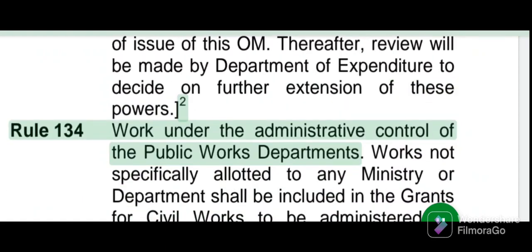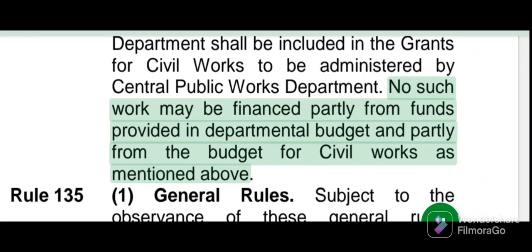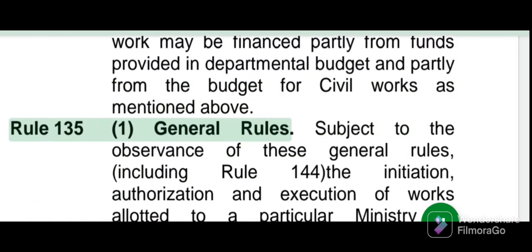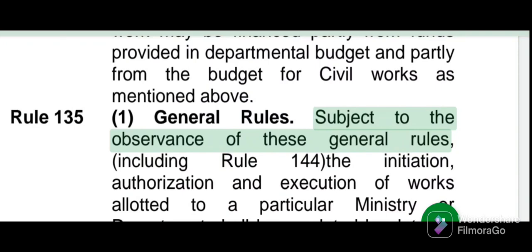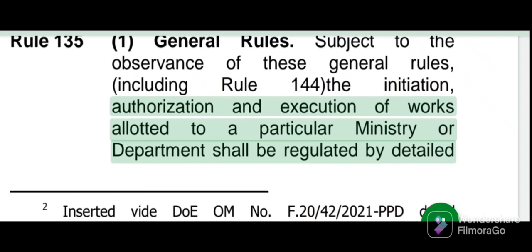Rule 134. Work under the administrative control of the Public Works Departments. Works not specifically allotted to any ministry or department shall be included in the grants for civil works to be administered by Central Public Works Department. No such work may be financed partly from funds provided in departmental budget and partly from the budget for civil works as mentioned above. Rule 135(1). General Rules. Subject to the observance of these general rules, including Rule 144, the initiation, authorization and execution of works allotted to a particular ministry or department shall be regulated by detailed